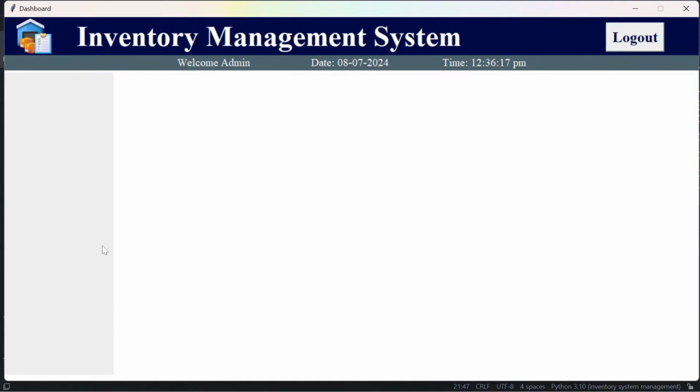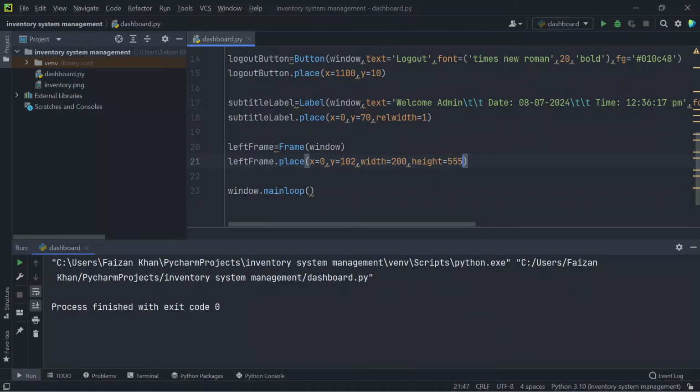So you can now see this left frame here like this. Okay, so inside this frame, firstly I will be adding a logo image at the top. Just like we add text on a label, in the same way we can add an image on a label. So we'll create a label, and on that label we will be adding the image. So we'll create an image label,